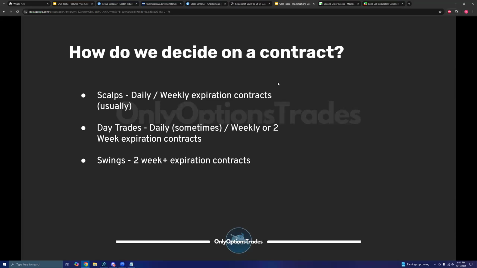And as a swing trader, you're typically at minimum holding the contract at least one night. And as a result, you have to be mindful that that theta is going to be eating for an extra 12 to 16 hours while the market is closed, and you can't do anything about it. So you typically want to select contracts that aren't going to get absolutely destroyed when you're simply following your trade plan.